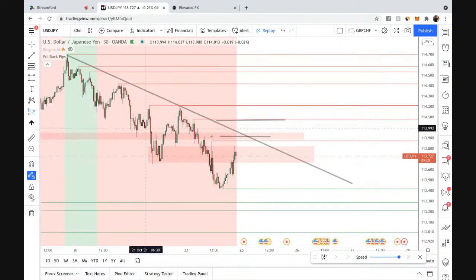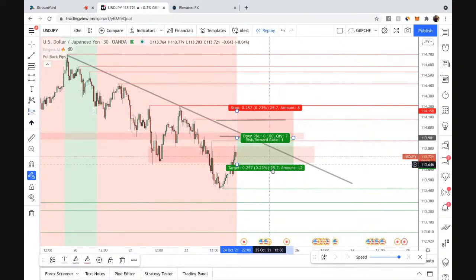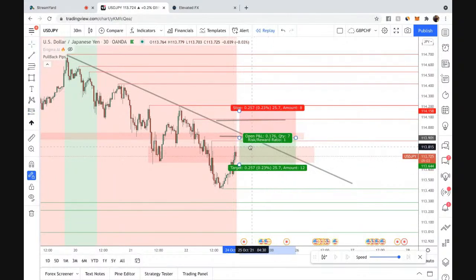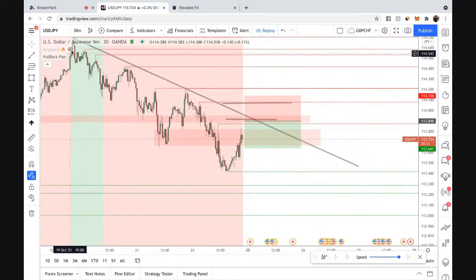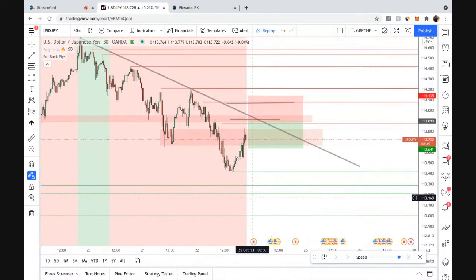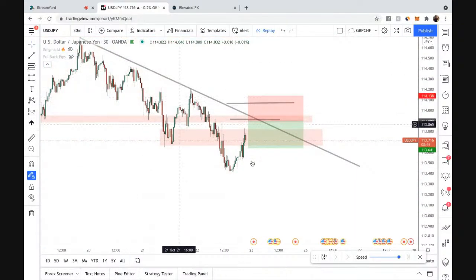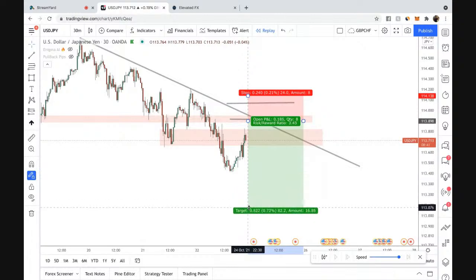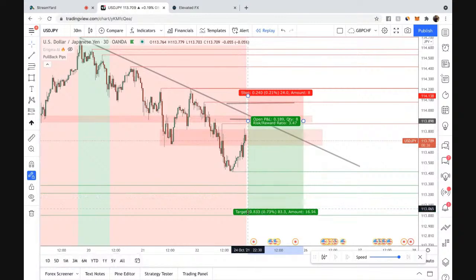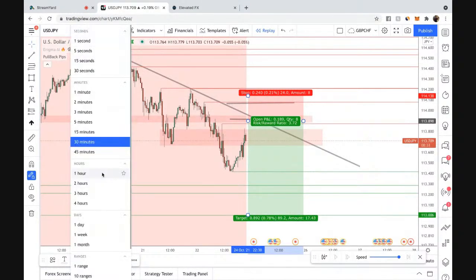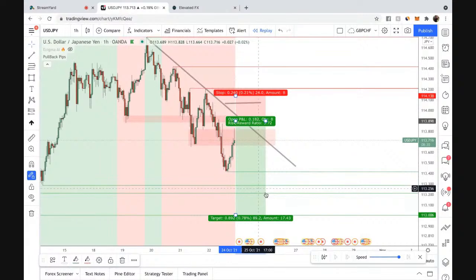So if we can find something like this, I'd have to do something like this for UJ. If we can pull back in here, I'd like to see some rejection because I'll easily do a nice 20 pip stop or 25, right? But what's going to be better is we already know we have some structure areas we can push down here, right? So by being able to have those levels, it was literally about right there, about 70 pips, if I'm not mistaken. Yep, we got our structure 1, structure 2, structure 3. Let me just make sure that it's those structures on the 1 hour. Yep, 1, 2, and 3.